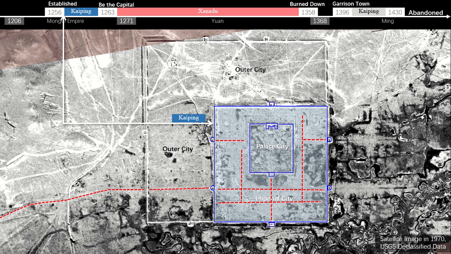According to the historical records in Yuanshi, there was some new construction, such as palace buildings and Confucius Temple, after Caping was renamed Xanadu. Thus, we may have an assumption that there were two periods of the construction of Xanadu city. First period was the initial establishing of Caping city from 1256 to 1259. Only the palace city and the imperial city areas